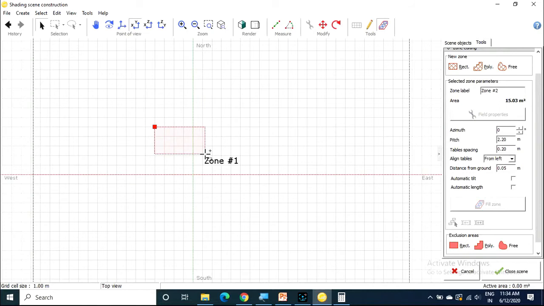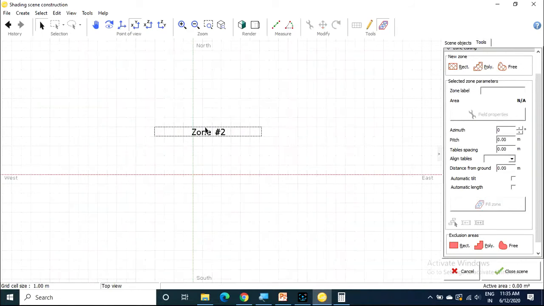Otherwise, if it is not rectangular, you can choose poly also. Poly means an irregular shape like this. You can choose your own shape, right? So I am choosing the rectangular area.